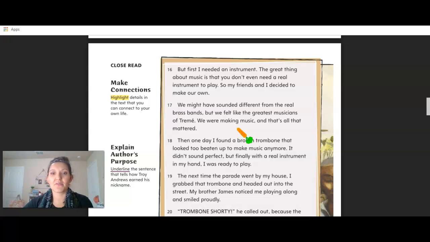We might have sounded different from real brass bands, but we feeled like the greatest? No, that's not going to work. So feel is an irregular verb. You can't say feeled, you would have to say felt. The author knew in this story as they wrote, they had to continue the story in past tense and add ed to regular verbs, but made the spelling change on an irregular verb just like